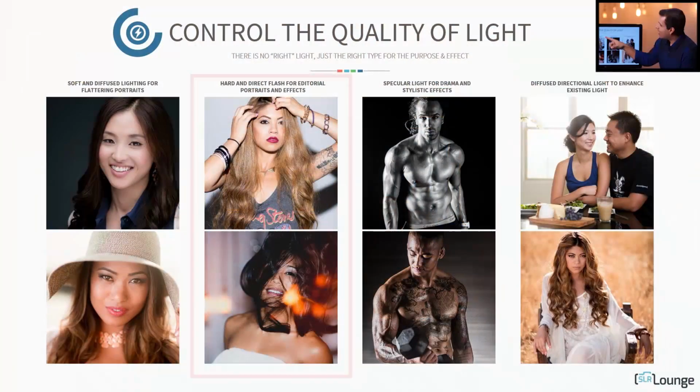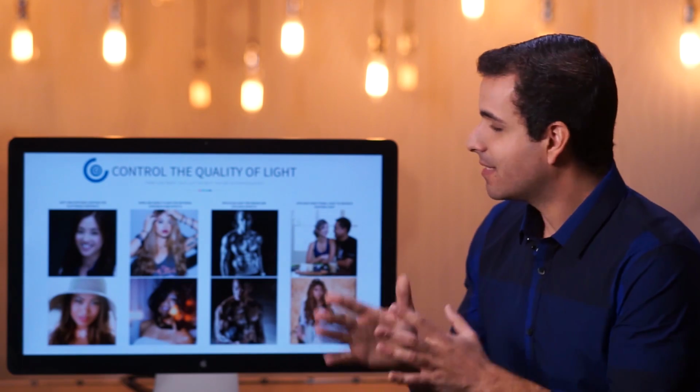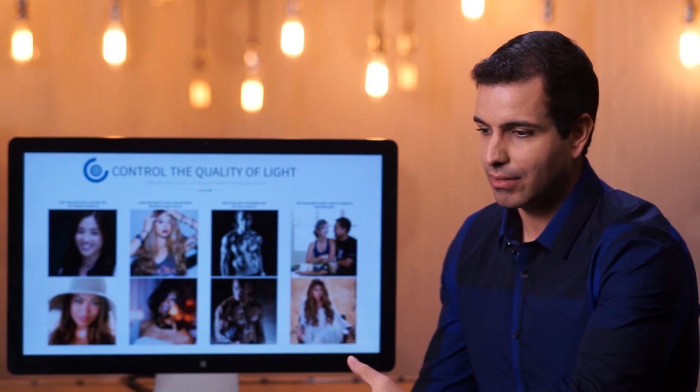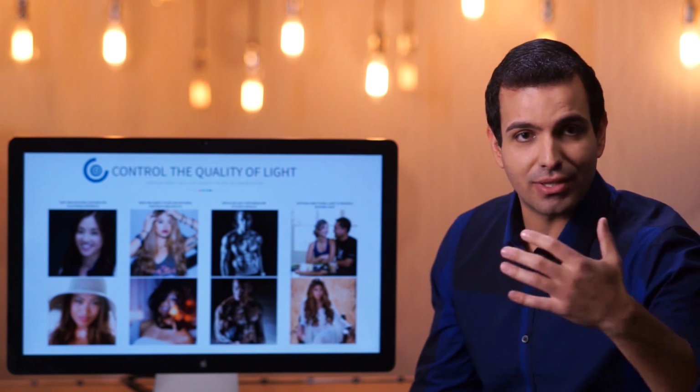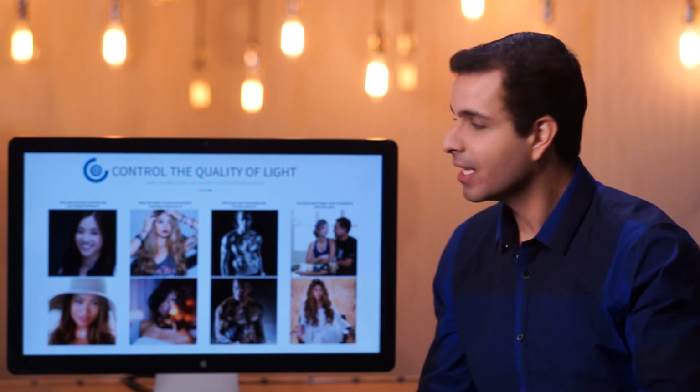Over here though, we're using a hard and direct flash. We're going to do a studio session with Yoko where it's basically designed to have this more punk and editorial feel to it. And we're using direct flash throughout that entire set, and you'll find it actually works very nicely. It's something that's done a lot in music and editorial images and so forth. It's a fantastic look, but you wouldn't go and flash your engagement sessions with direct flash. It's not going to look great for that type of scene and that type of image, but it does work